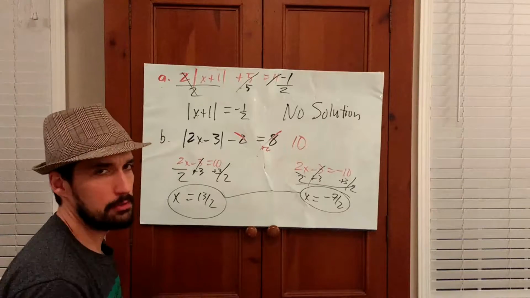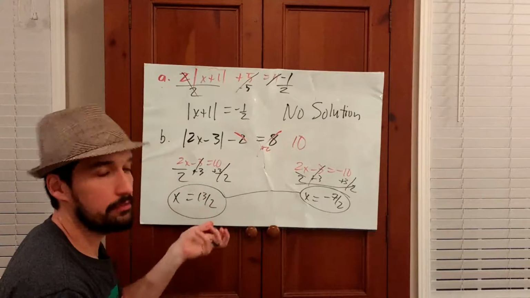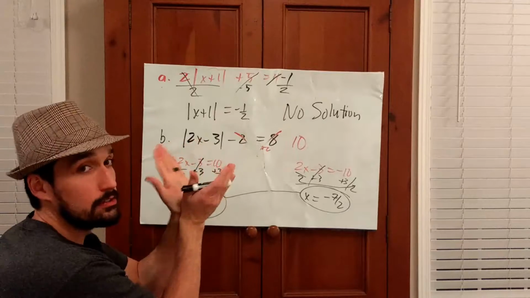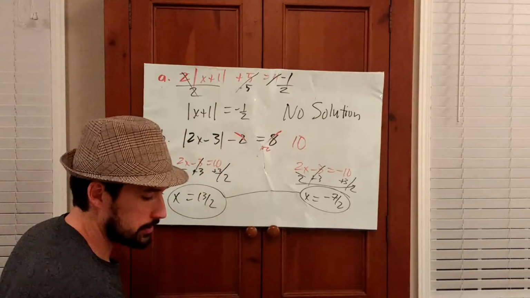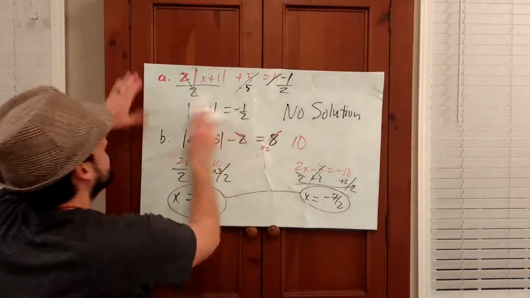So it's kind of like a parabola. It's got those two answers. Remember, the graph of an absolute value is a V. It's two linear pieces that come together at a vertex. So, moving on from there,